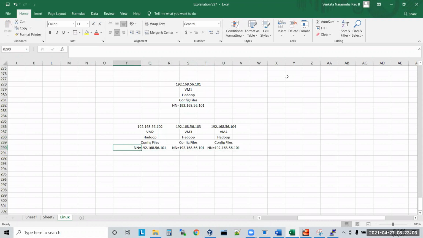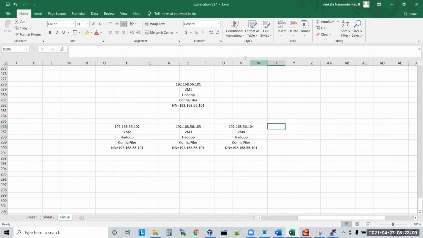So as per this configuration file, VM2 will understand who is my name node: whoever is having 101 is my name node. Who is having 101? VM1. So every machine will think this is the name node. Understand, guys?